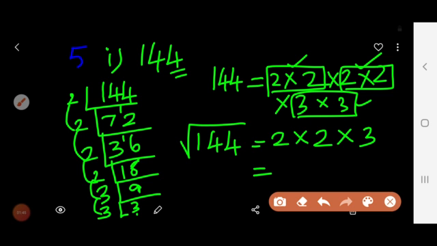Now this is the square root of 144. The value is 2 2s are 4, 4 2s are 12. So the square root of 144 equals 12. This is our answer. Now subdivision 2,